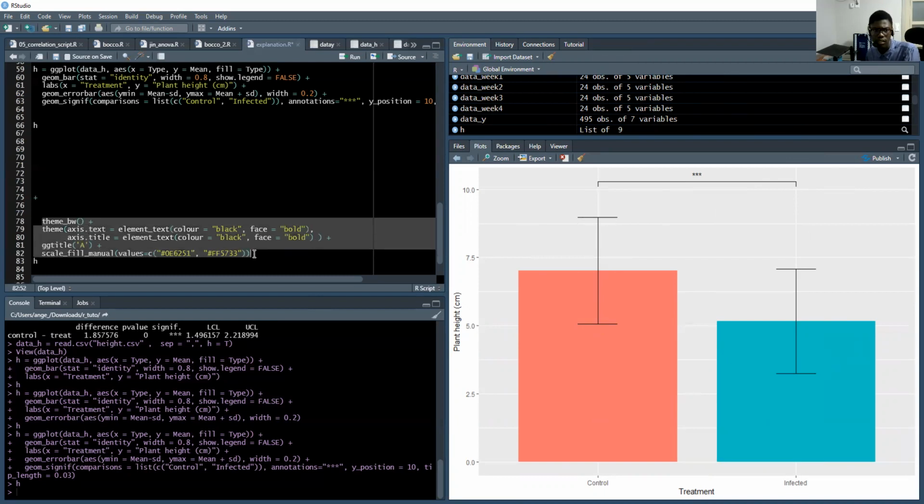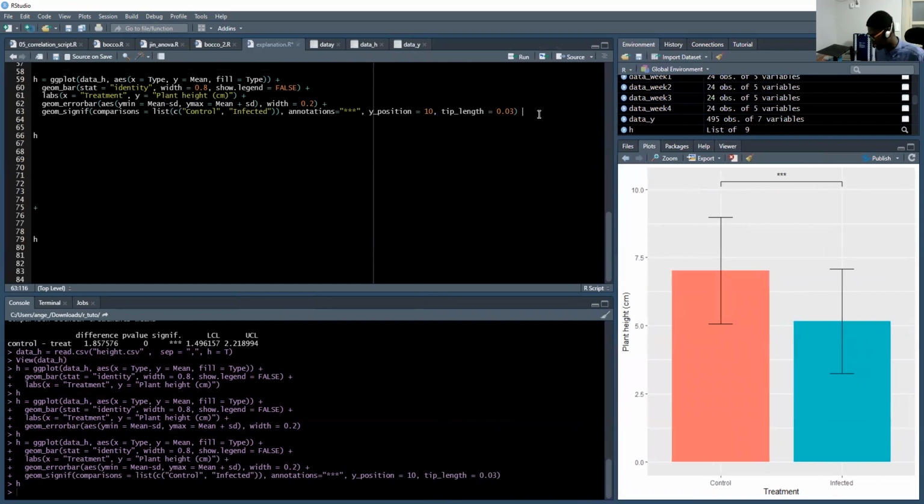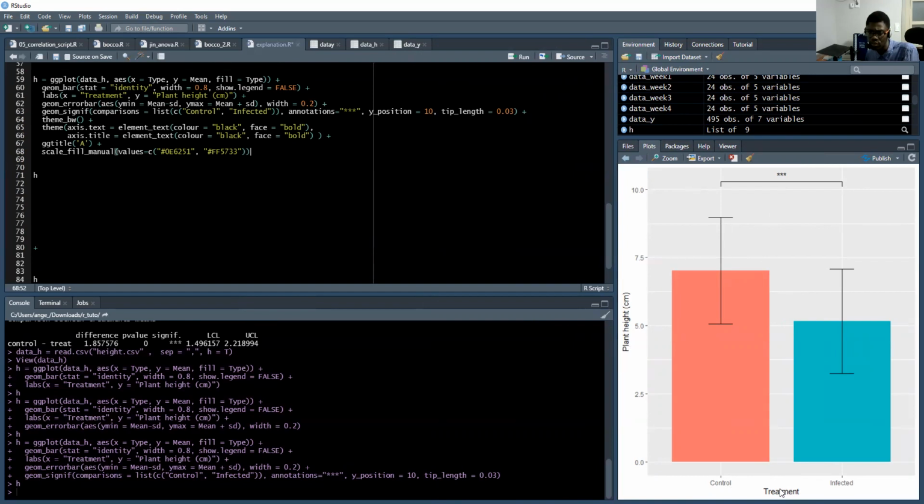So we will now customize our graph by changing the background from gray to white, as well as changing the font of our Y as well as X-axis to bold. And we will also try to change the color of our bar plot. So to do that, we will try